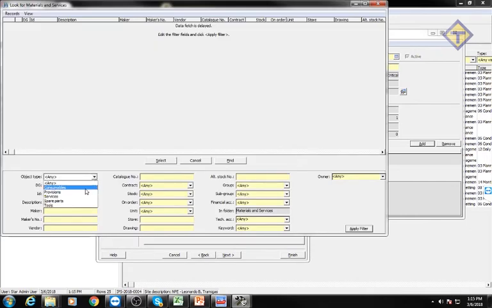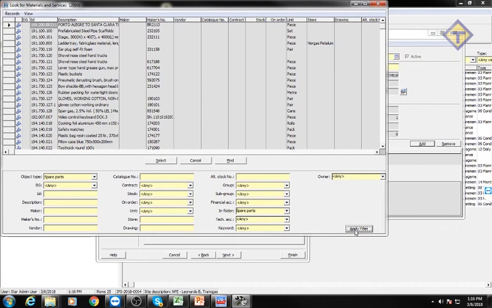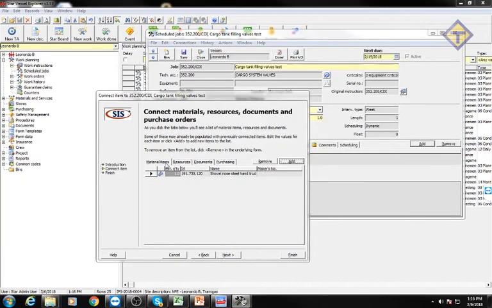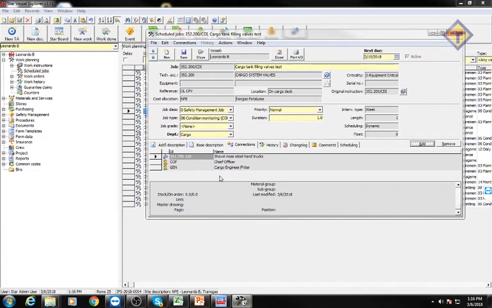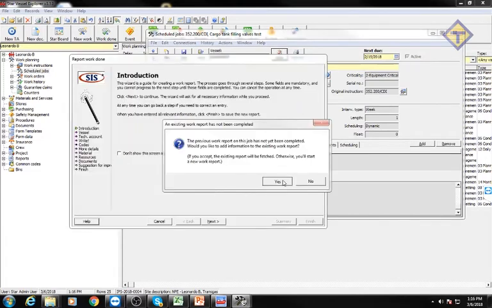I can filter from consumables, services, provisions, and spare parts. I'm going to use the spare part. I'm going to take one. Doesn't matter which one, just as an example. Right. Can I say I'm estimated to use 5 of this spare? Okay. Finish. So next time I start to report that maintenance,